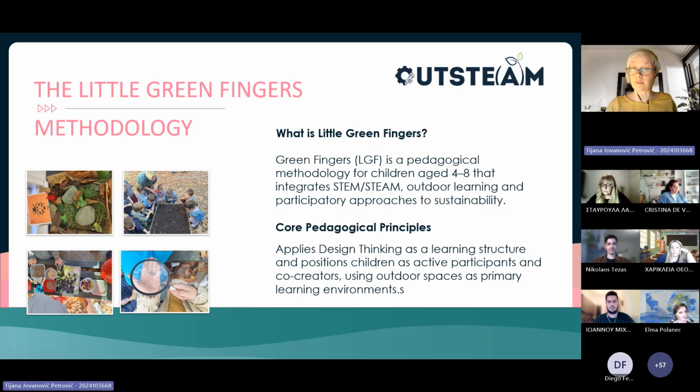And what they're actually doing, they have different challenges that they're trying to solve in a way. So one is connected with the environment and directly the space, how they want to learn from space. And what they need for that. And the other one is more connected with ecosystem, with biodiversity. So what's missing, why it's missing. And this is very important, especially for the children who are living in the city. So they can really see what's missing and what they can do actually through their engagement.